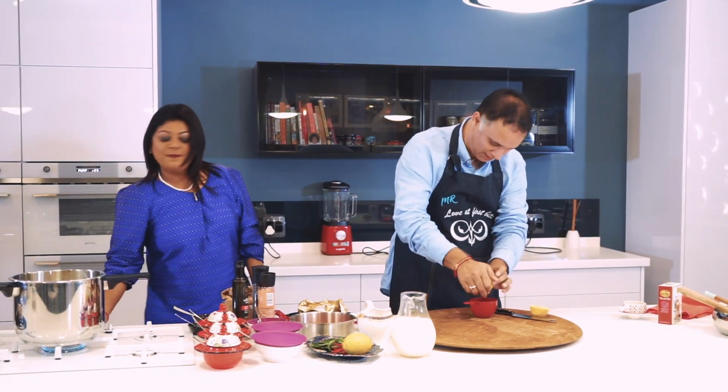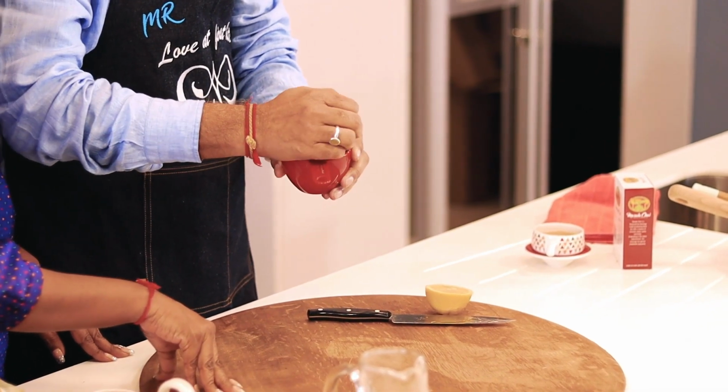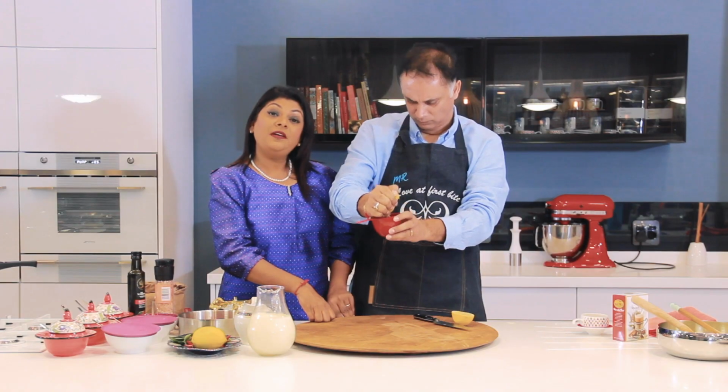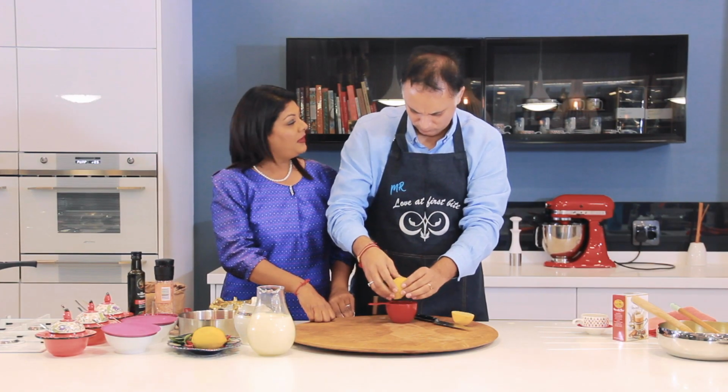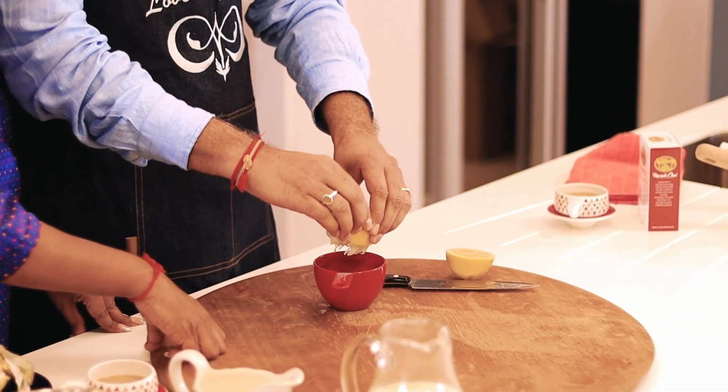Wringing and squeezing. Alright. You want all the juice in here, right? I do. With the seeds? It actually does matter. I'm just going to collect it. Do you need an entire... I would think so. So you are going to need at least half a cup of lemon juice in there. I would like fresh lemons as opposed to...